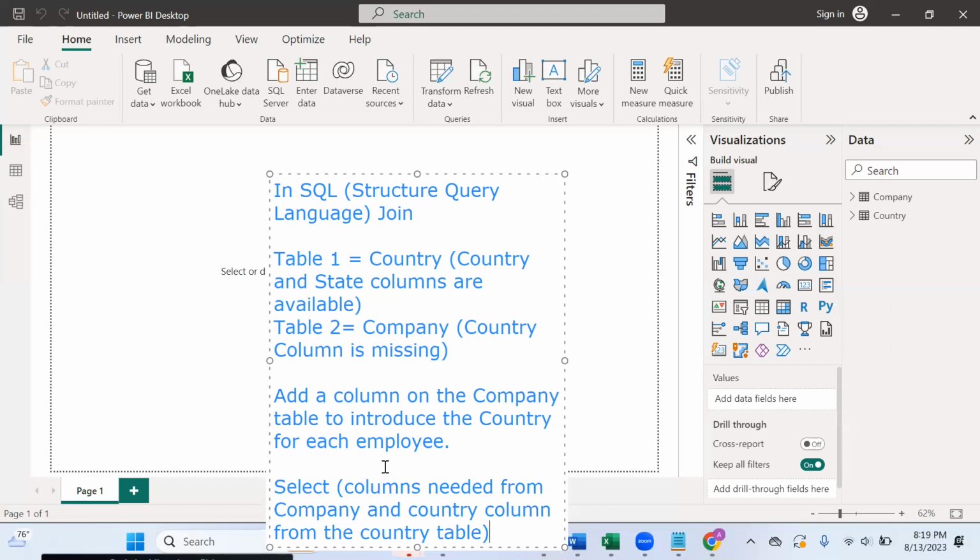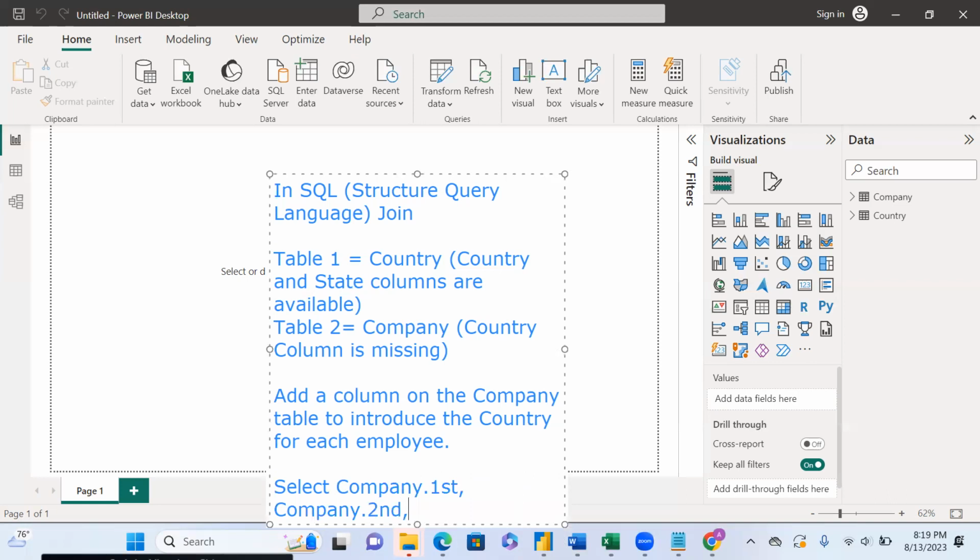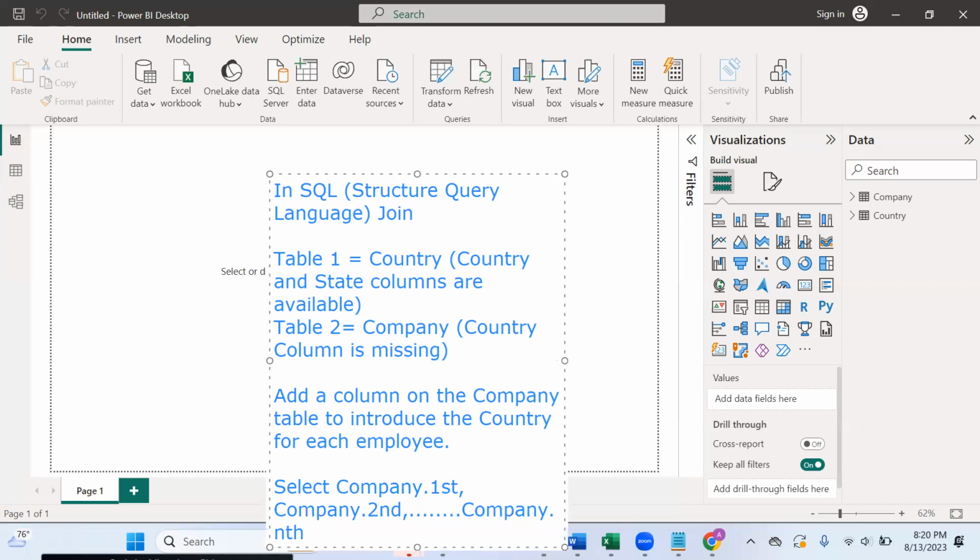If the company table has 6 columns, for instance, and we demarcate each of the columns as A, B, C to F, I can say company dot first column, comma, company dot second column, comma, all the way to the last column that I want to bring in from the company table. Also company dot nth, and